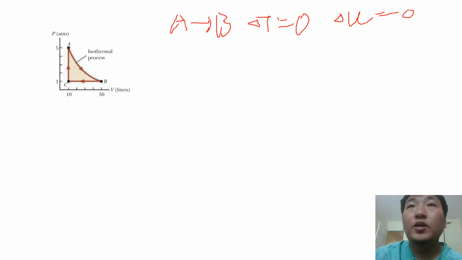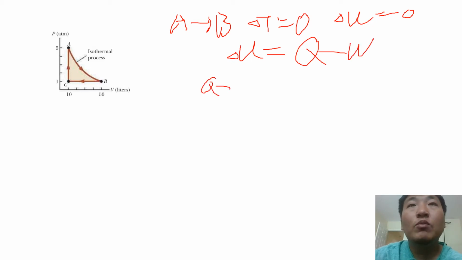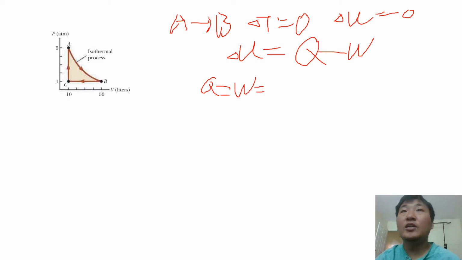That means delta U equals Q minus W, so Q and W are the same, and because it is an isothermal process, we have the formula